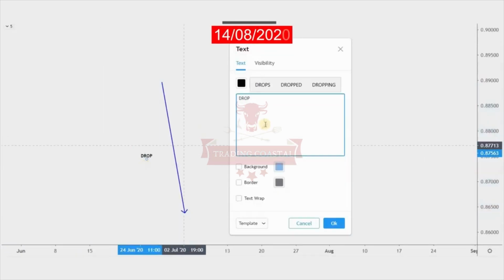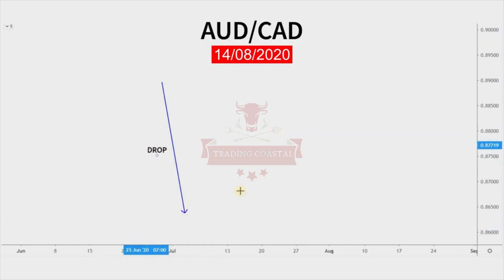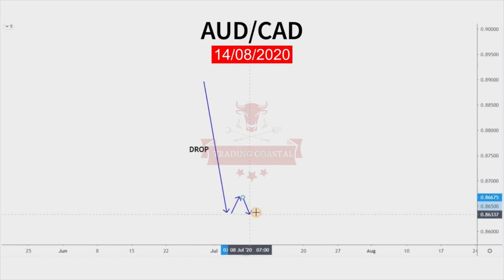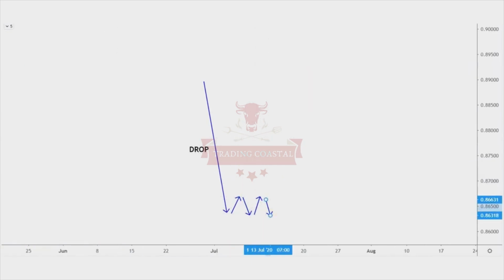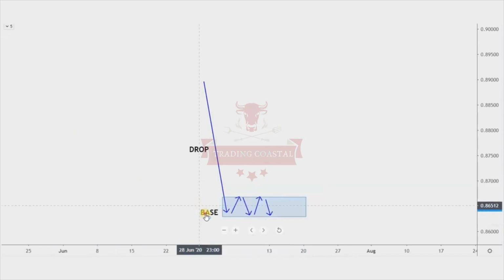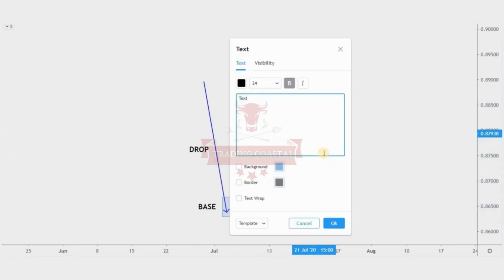The second setup was Australian dollar Canadian dollar. We have used supply and demand combined with AB equals CD pattern as previous example. First of all, we noticed a supply and demand chart pattern. In the drop, base, rally pattern, we are looking for a bearish move towards a demand zone, the drop, where